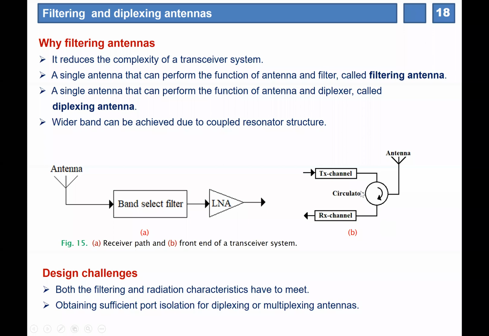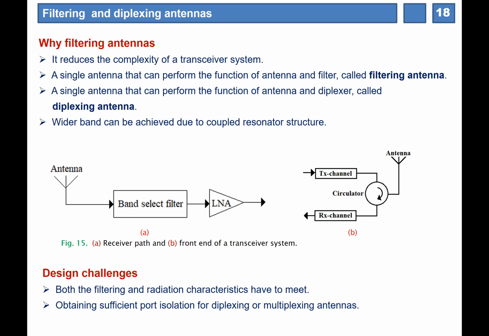So we must have some separation between TX and RX, and what we use there is either a duplexer. A duplexer is basically a filter bank, and a circulator will have 3 ports and there will be no power flow from the TX to RX. So TX to antenna, antenna to RX will be there, but ideally no power flow between TX and RX, though there will be a small amount of power flow. And that hardware is designed like that.